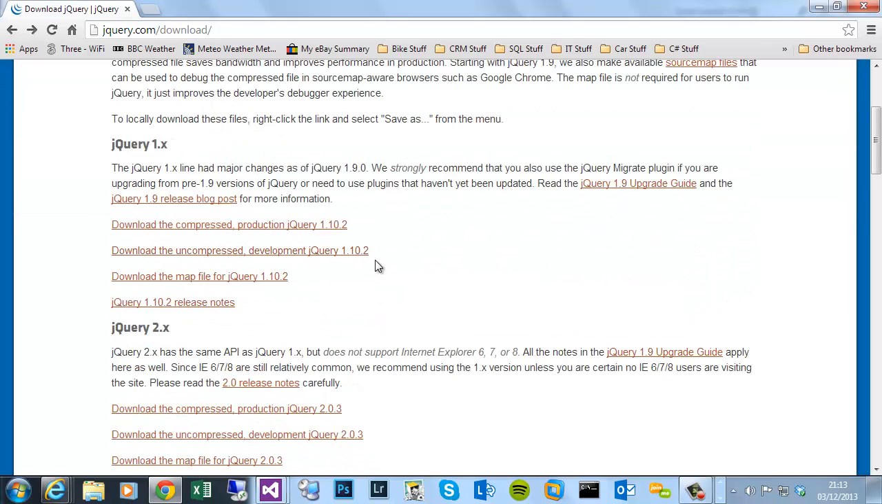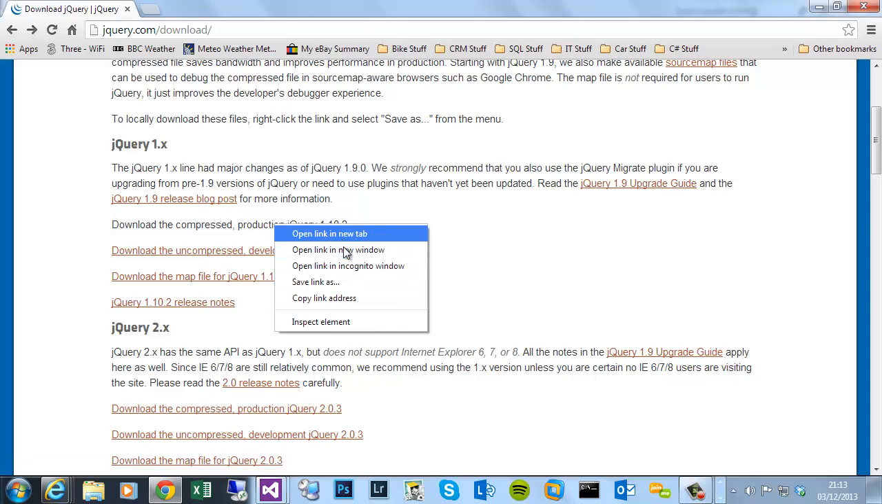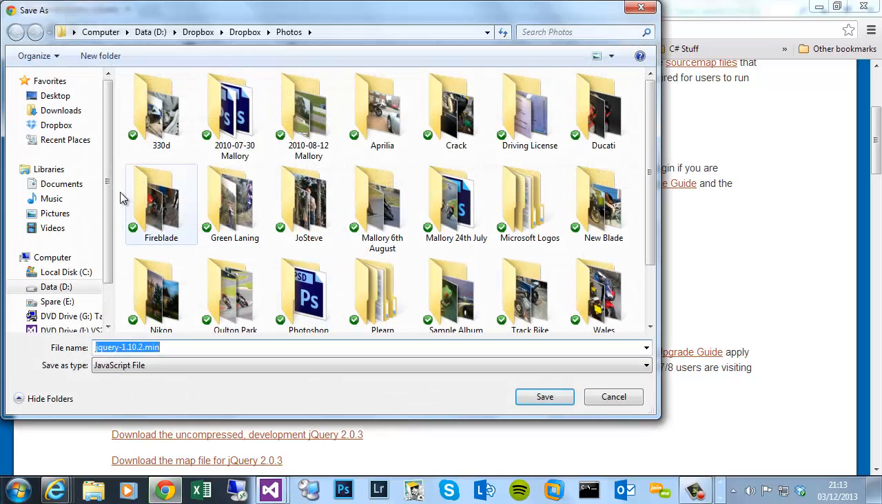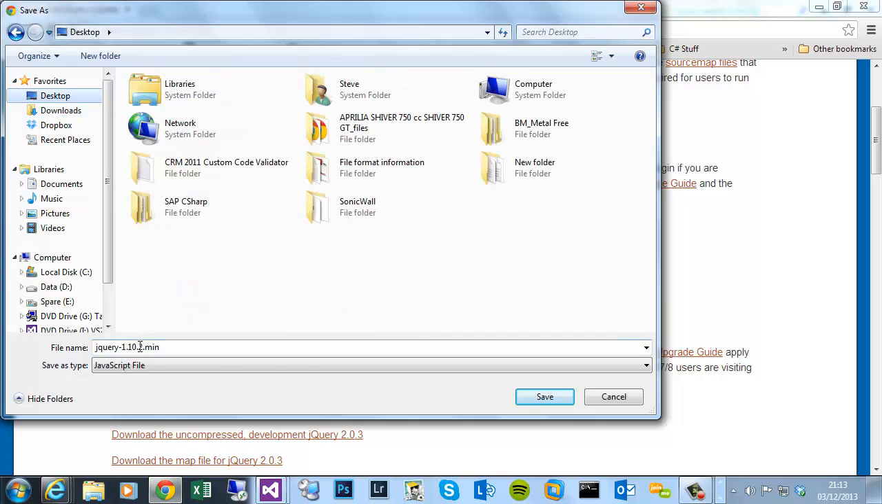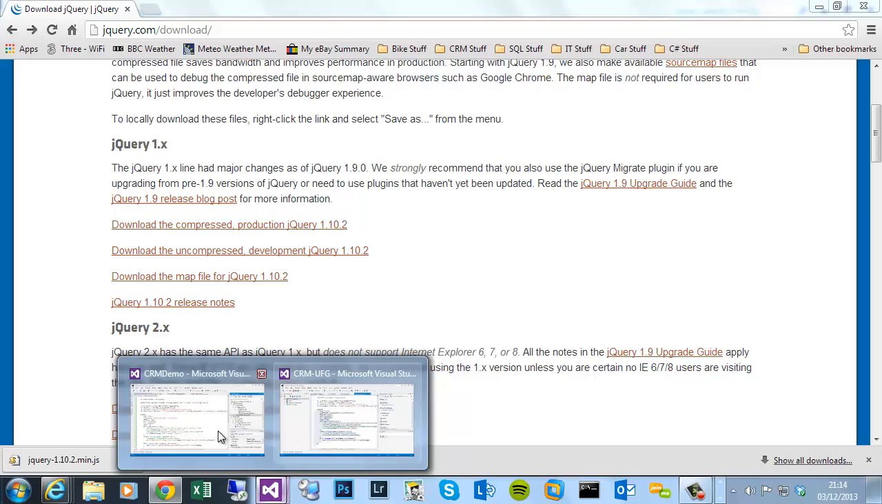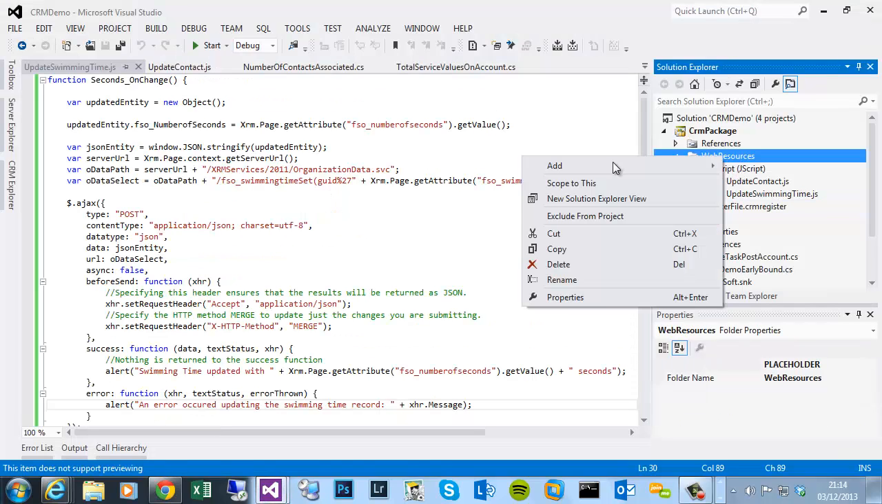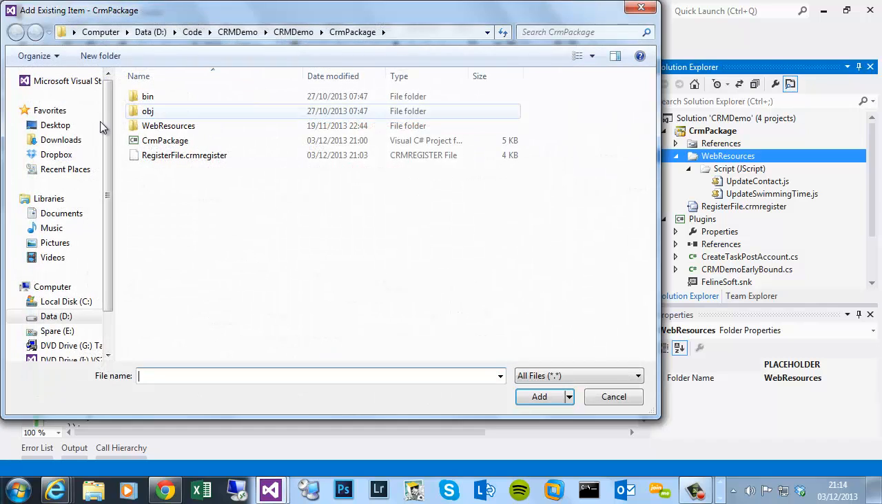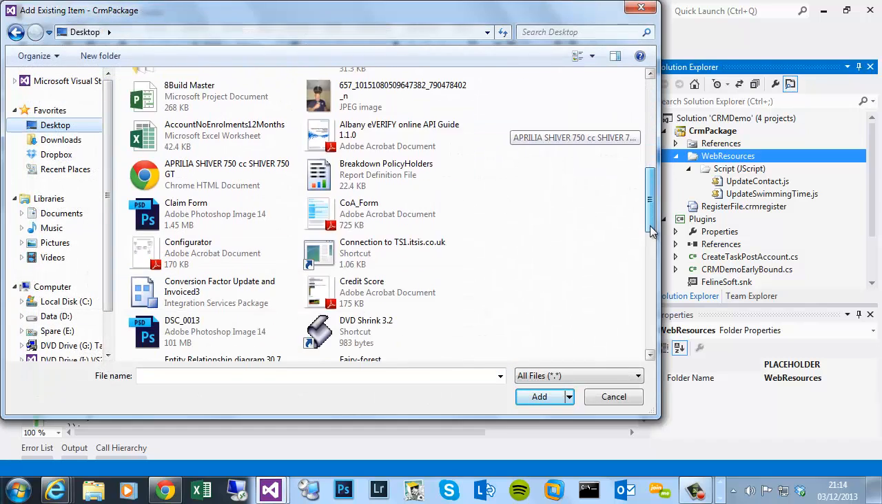So I need to go to jQuery.com and download, and then I can download this compressed production, which is a minified version where all the white space has been removed, and I think it automatically shortens the variables. I think there's a tool you can use to minify your own JavaScript libraries. So if I just copy that to my desktop, jQuery.110.2.min, that's downloaded. Now I can return to my solution, add existing item, go to my desktop, find that jQuery file,